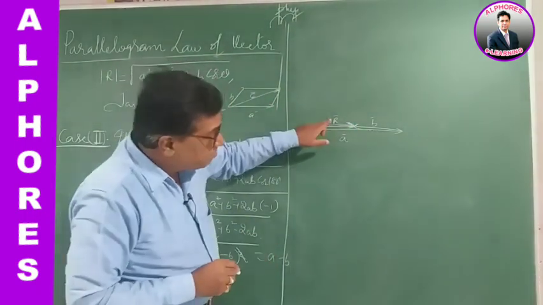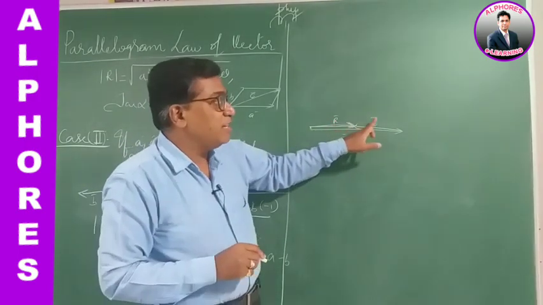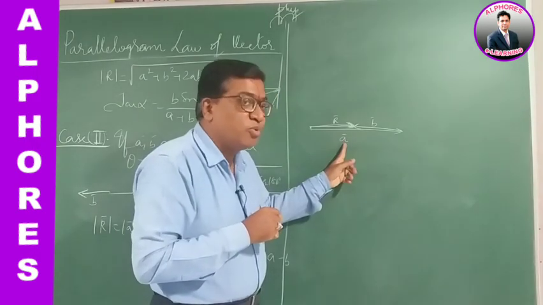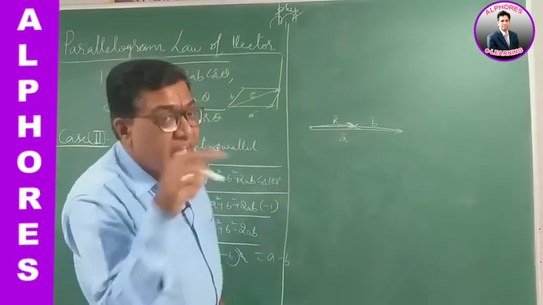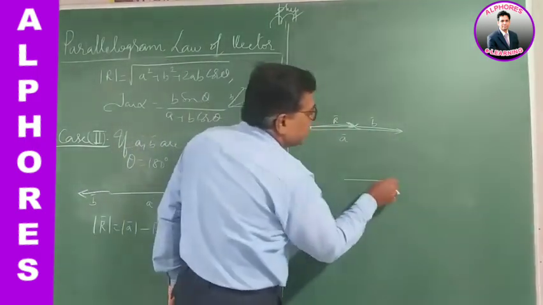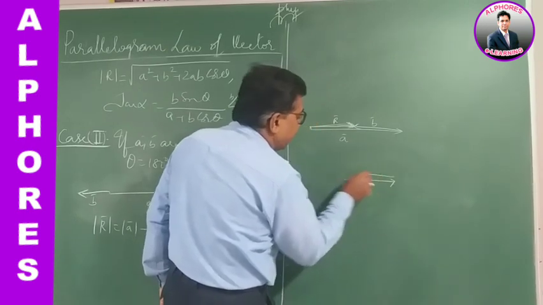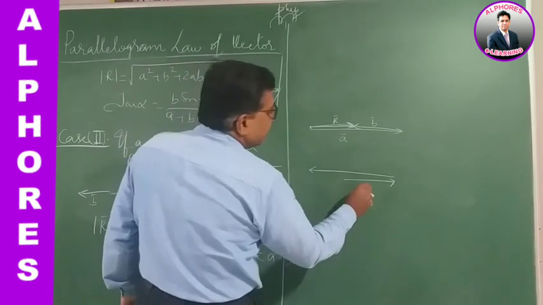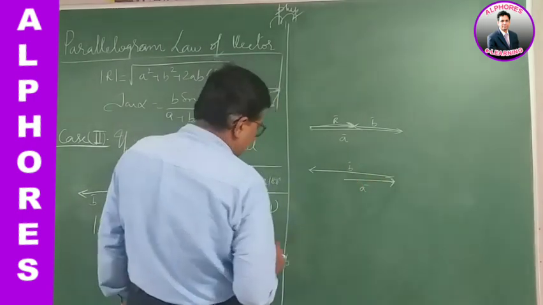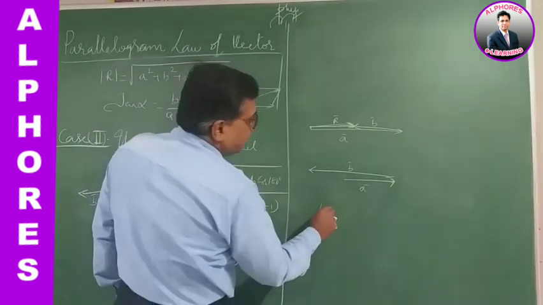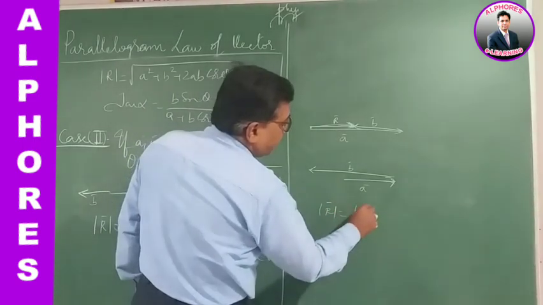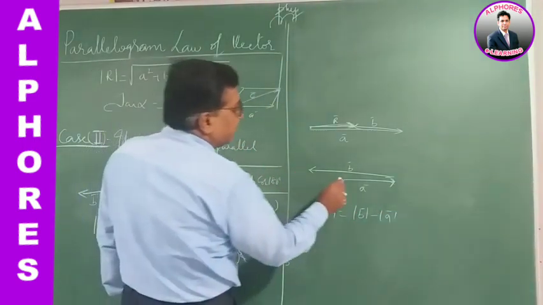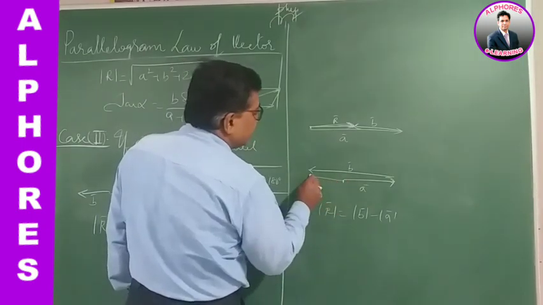You see, it is parallel to A, and anti-parallel to B. Well, the magnitude of A is more, hence it is parallel to A. Had it been that A is of smaller length and B is of bigger length, B more than A, then the magnitude of the resultant would have been mod B minus mod A. And the direction, initial to final, so this is the resultant.